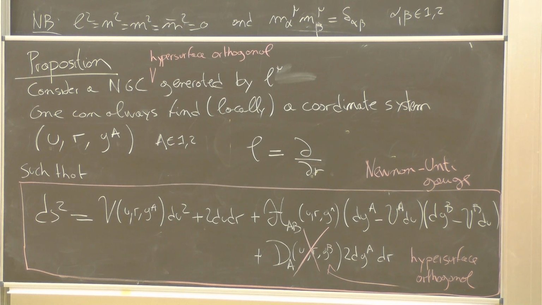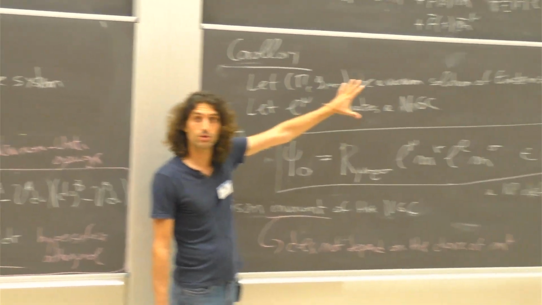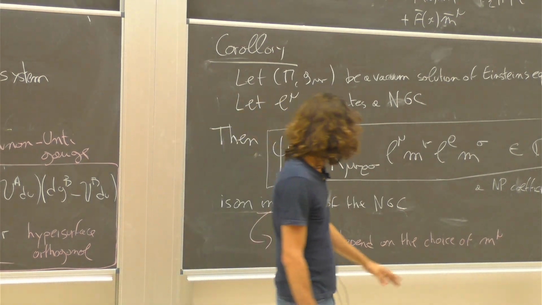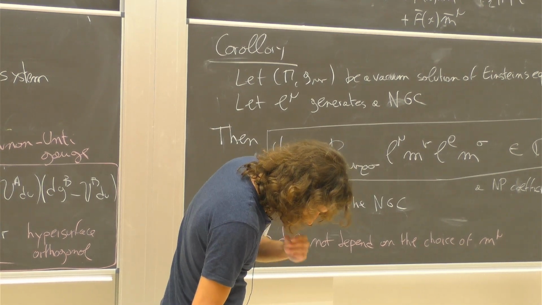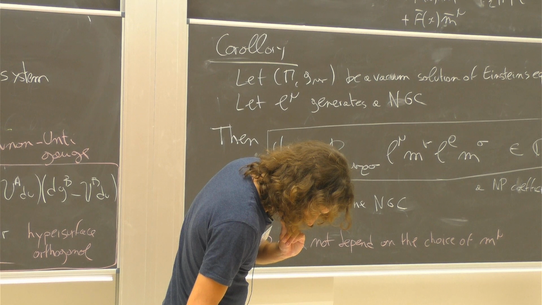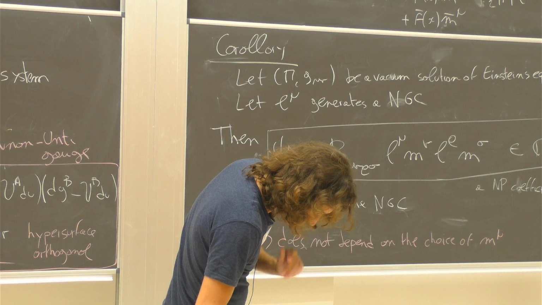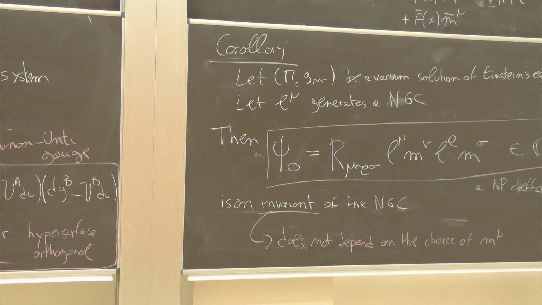I should say the reason why I'm imposing Einstein's equation is that in the classical literature, Newman-Penrose coefficients are defined in terms of the Weyl tensor. But because I am imposing Einstein's equation with zero cosmological constant, this is really the same, so I can use the Riemann tensor for the Weyl without thinking. That's why I'm doing this. Let me keep going with the Newman-Penrose coefficient. I will just have time to discuss this.